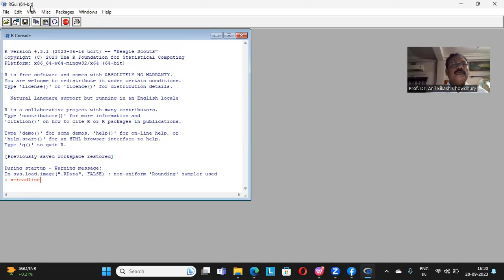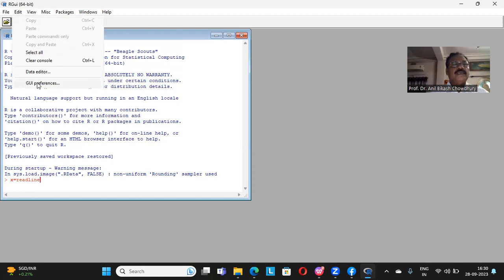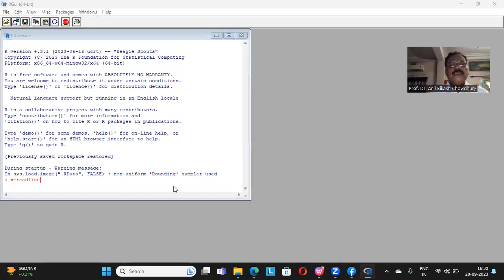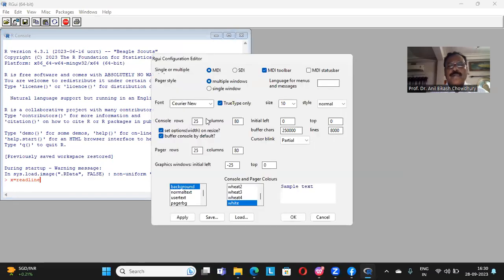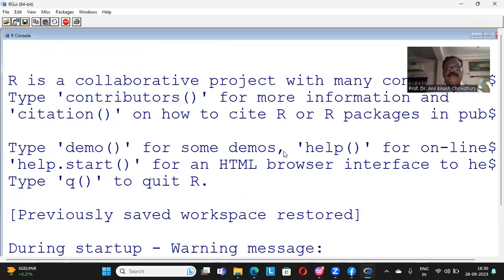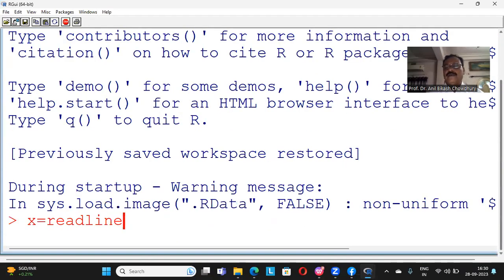You may not be able to visualize this clearly, so I would like to increase the size of this prompt. Now I think it is visible. Readline, then we write enter your name,